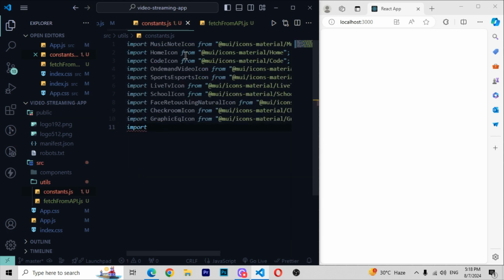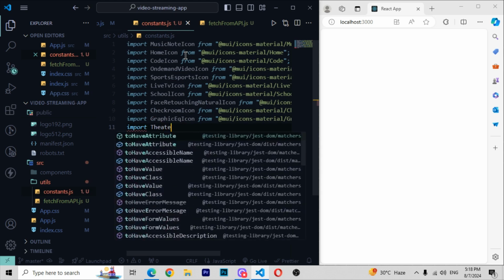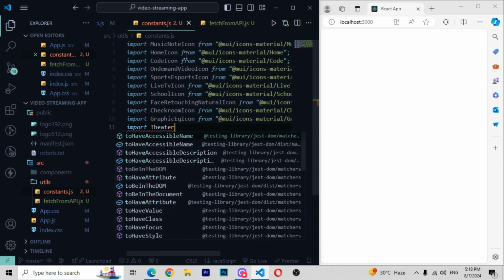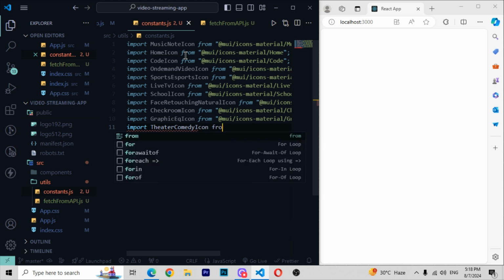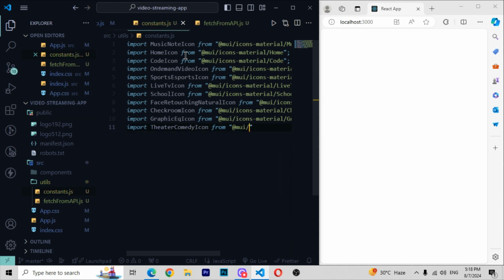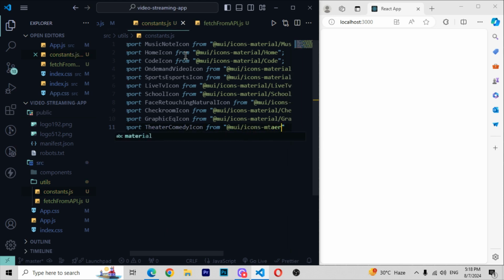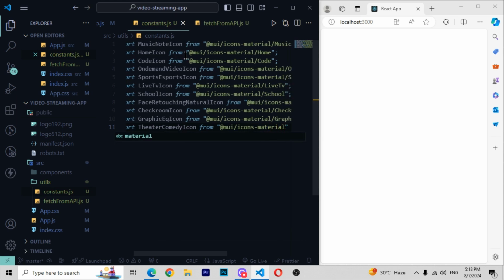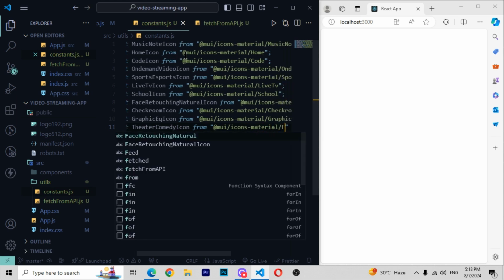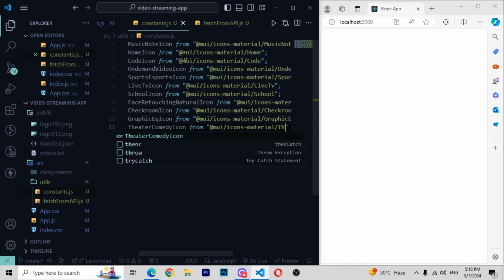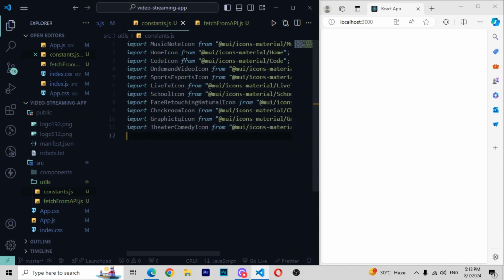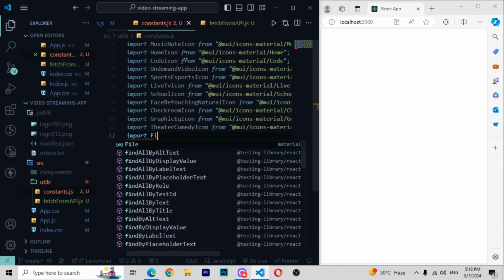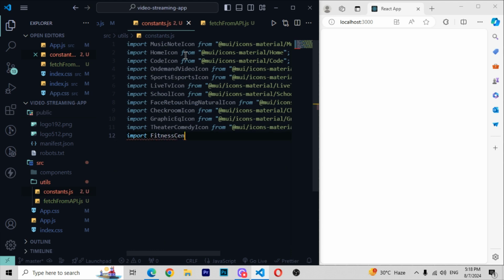And simply I will be again importing the same thing, but now here I will be writing theater comedy icon from @mui/icons-material, and now here I will be writing fitness. Or you can write here theater comedy but remove the icon from here. Then import here fitness center icon from, then you have to just write here